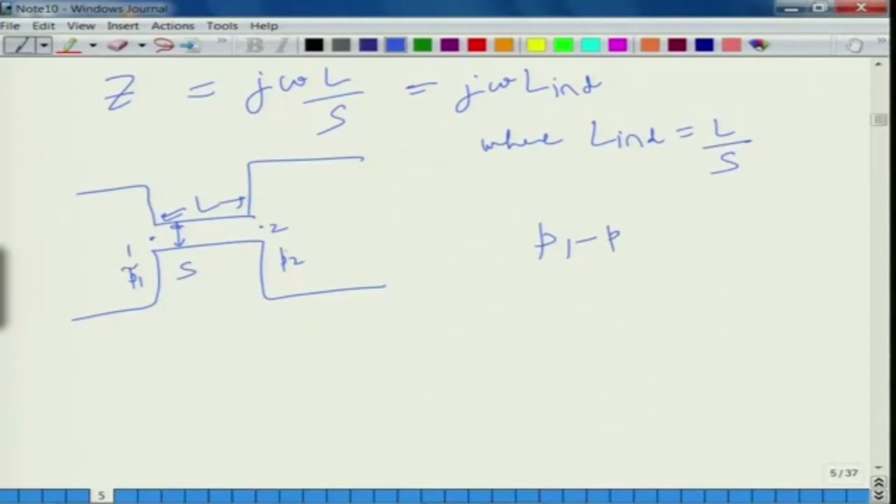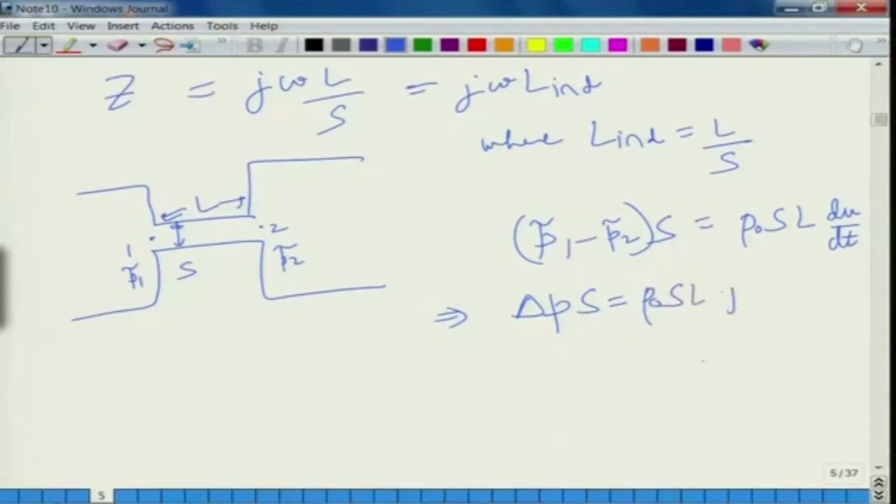You can consider this as acoustic pressure, and cross section area gives you the force acting on this element, and using Newton's law, it is rho naught S L. So, that will give you the mass, and du dt, mass times acceleration. So, this is nothing but delta p or p tilde, whatever you want to say, equal to rho naught S L j omega u. So, this gets cancelled,